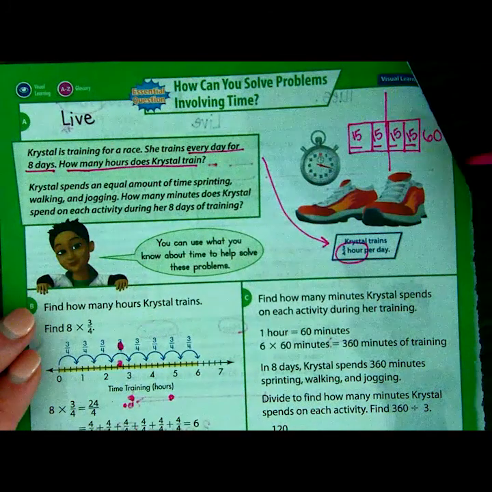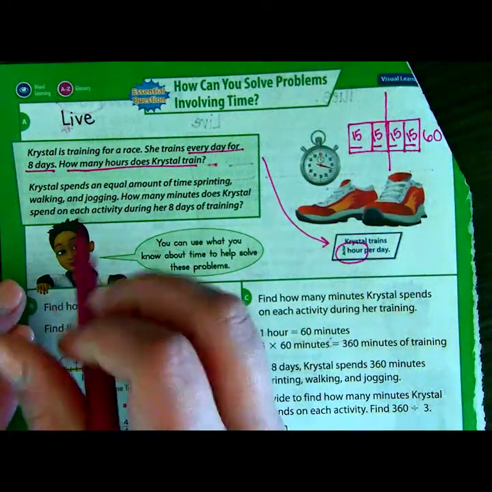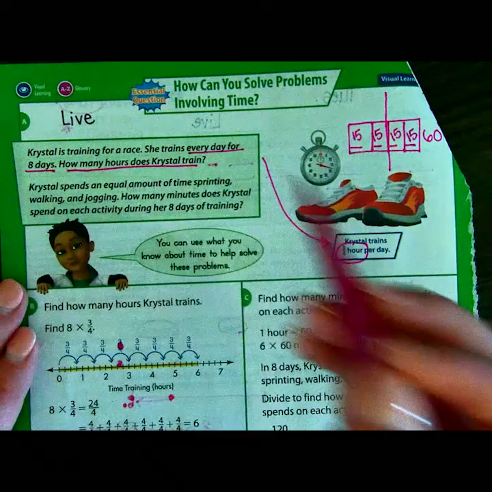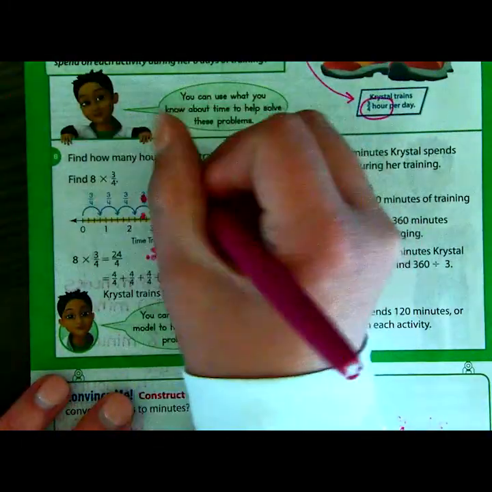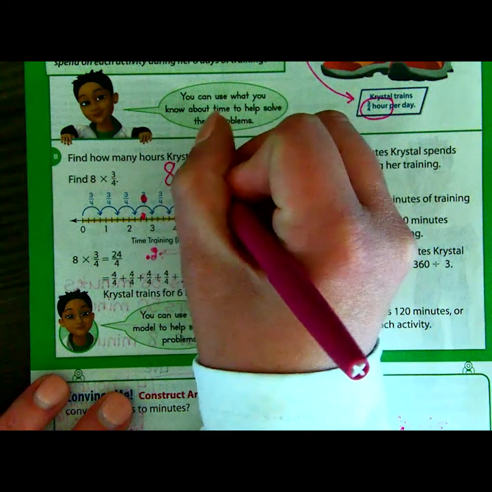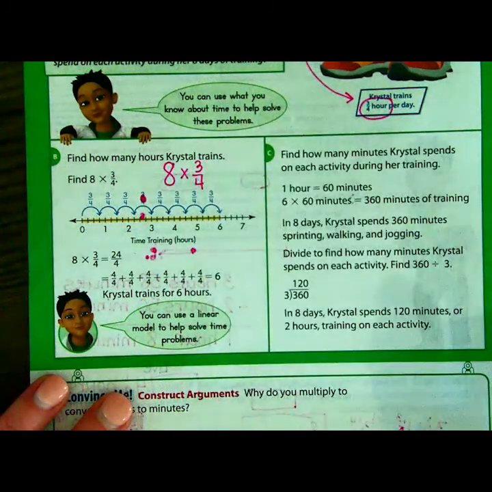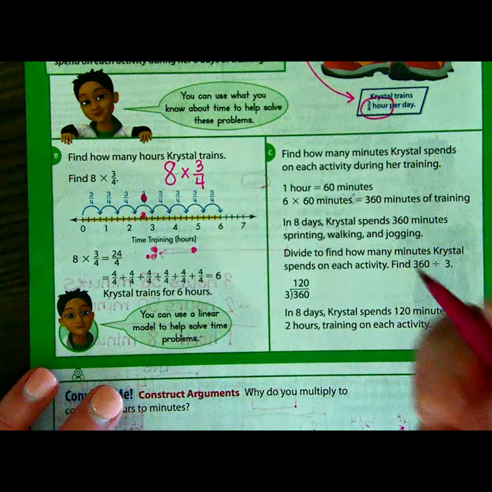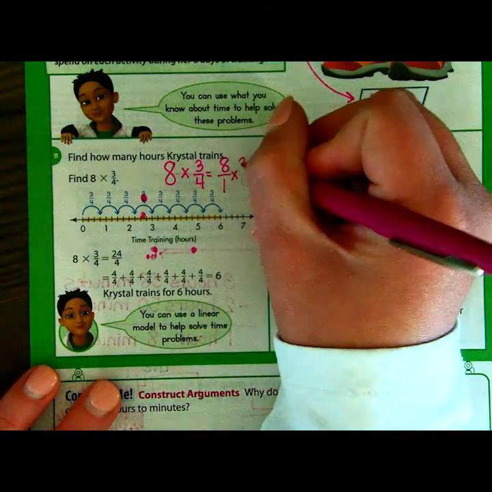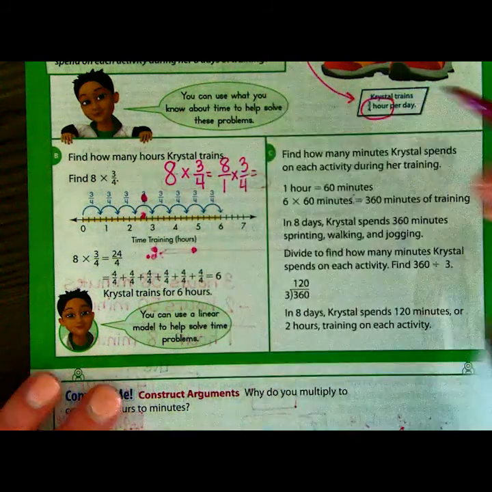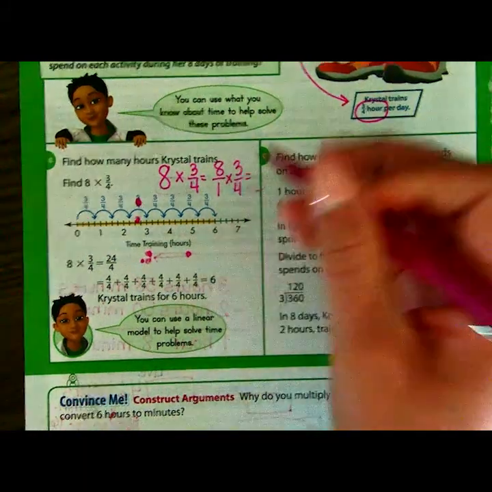How many hours does Crystal train? Well, what they've done down here is they've taken the 8 days, so 8, and multiplied by 3/4. Now, this kind of goes back to what we learned about multiplying, right? You stick the whole number over 1 and multiply by the fraction 3/4. And I know that 8 times 3 would give me 24, and 4 times 1 would be 4. So